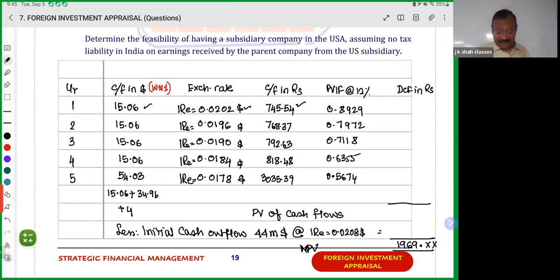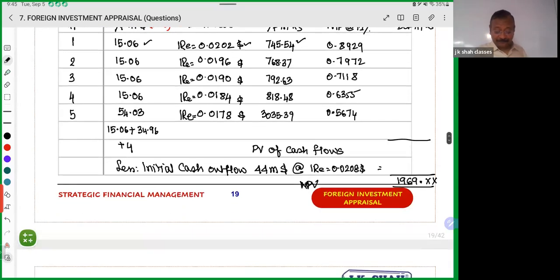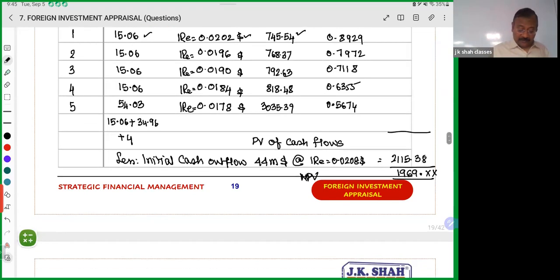अभी मुझे नहीं पता बाकी का वेरिएशन क्यों आ रहा है, बस मेरे हिसाब से तो ये होना चाहिए बस। ठीक है, चलो अभी। अच्छा एक मिनट, इसका भी लिख ही लेते हैं ना। 44 डिवाइडेड बाई 0.0208। दिस इज 2115.38। ठीक है, अब इतना भी कर दिया।